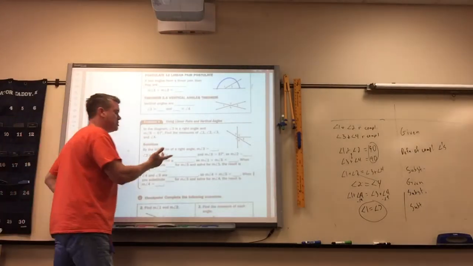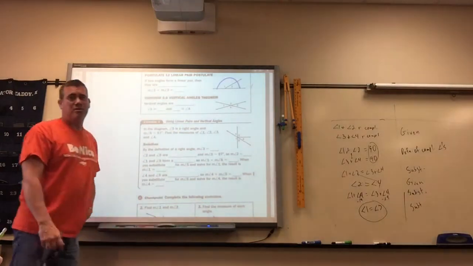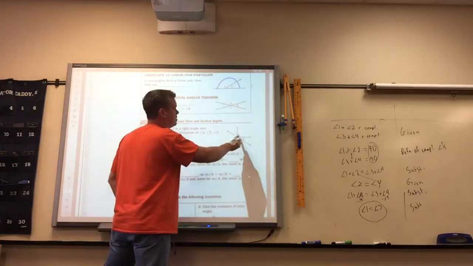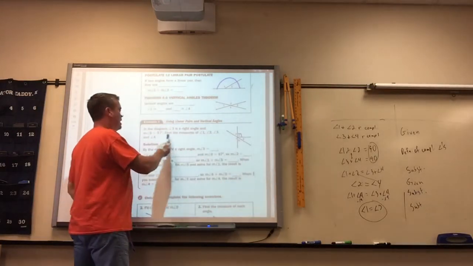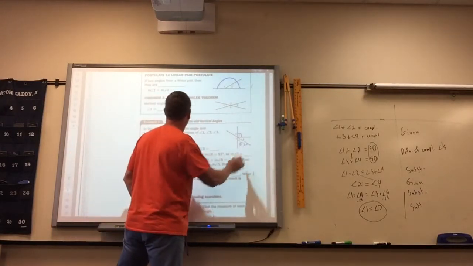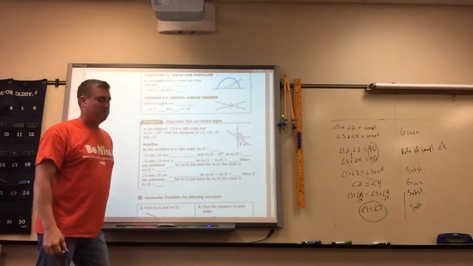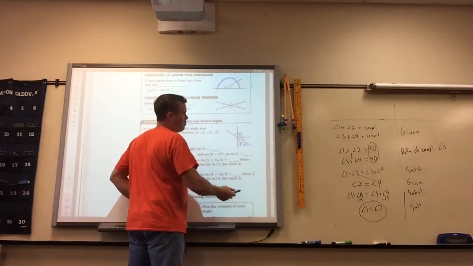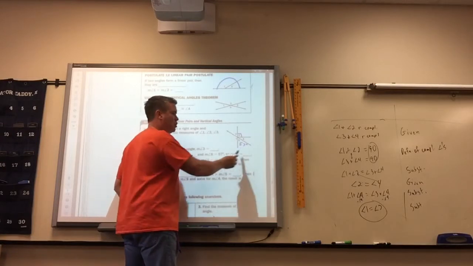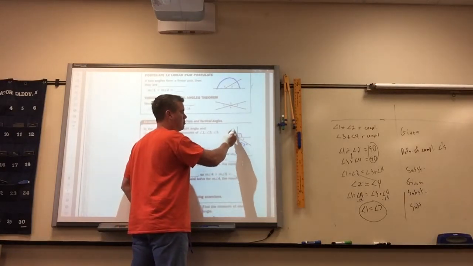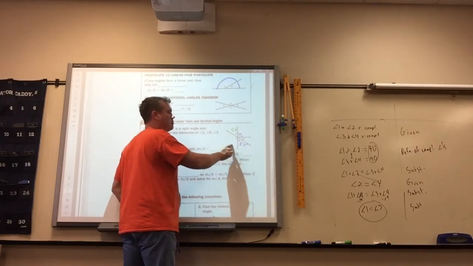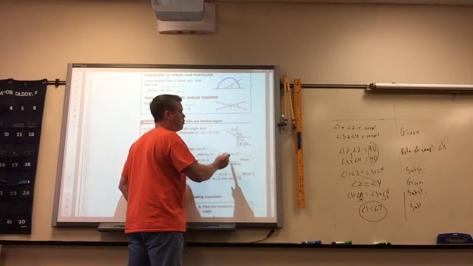So in this picture, this is kind of like what we're doing in our assignment today, stuff we've done before. It tells us 3 is a right angle. Measure of 5 is 57. We're going to find all the other measures. So, what other angle is going to be 57 degrees? 2, because they're vertical. And then 5 and 1 are a linear pair, right? So I just subtract that off of 180,